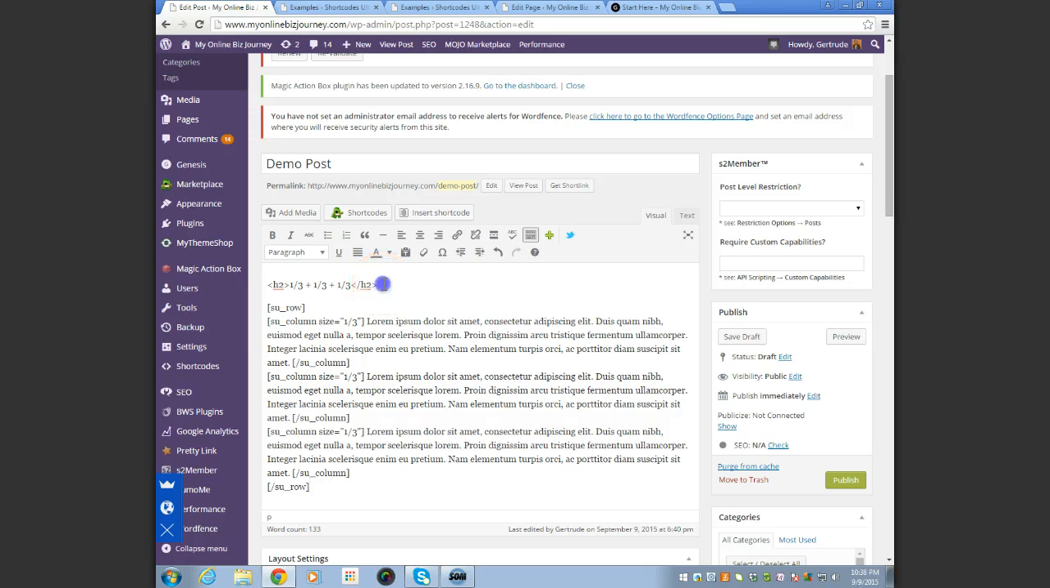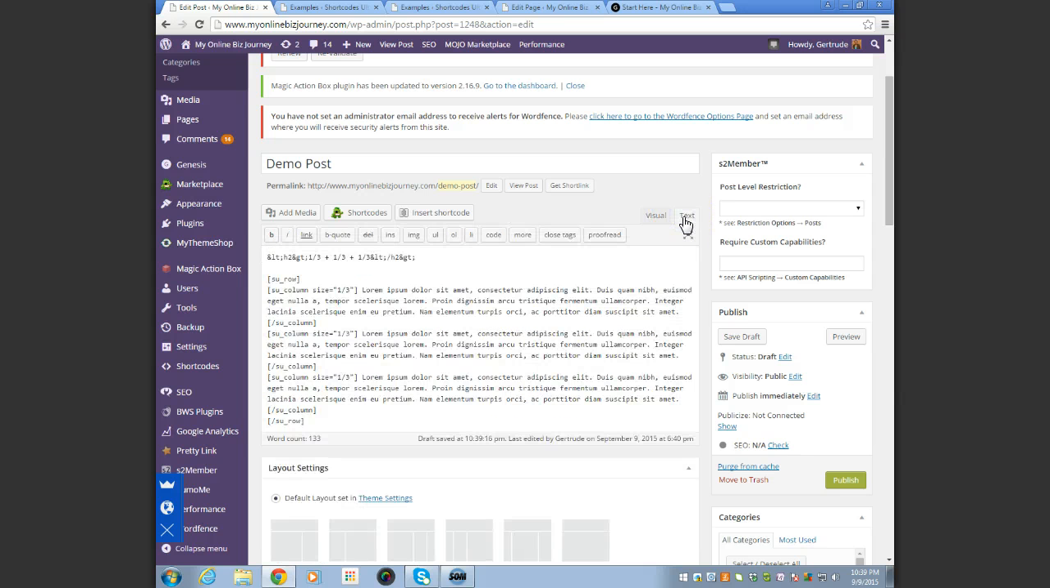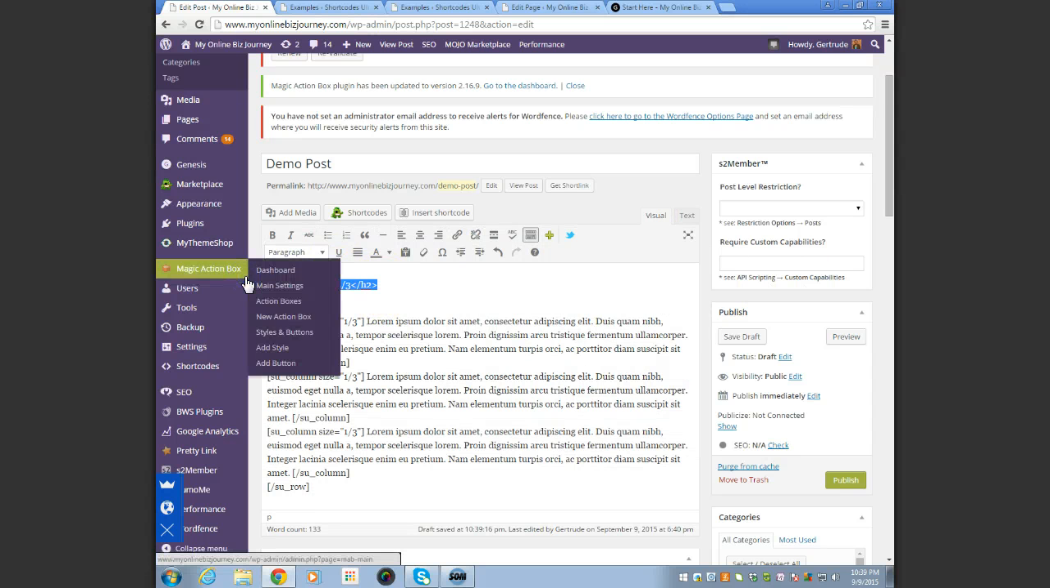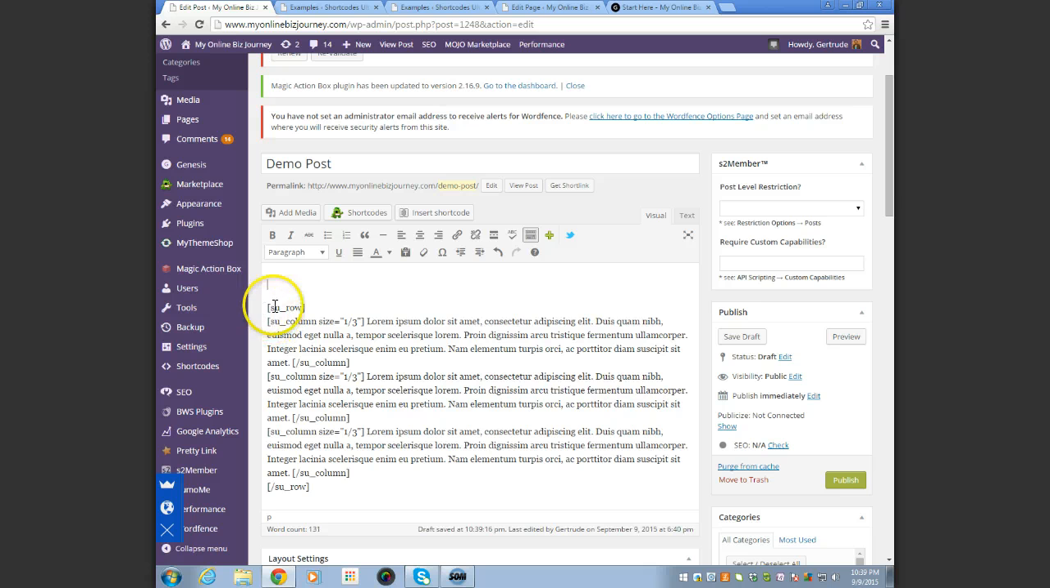Now, we don't really need this part. You can always go into text and edit it that way, but that's not what I did. Because that's HTML, I just went ahead and deleted that. Then it says here SU, that's for Shortcodes Ultimate, _row, and then it tells you the column size, which is 1/3. If we went ahead and viewed this,